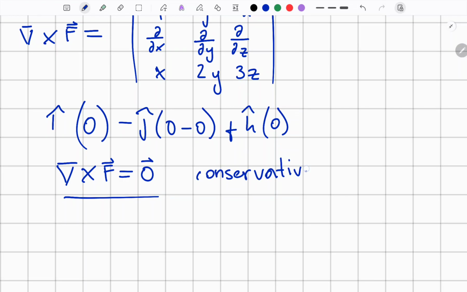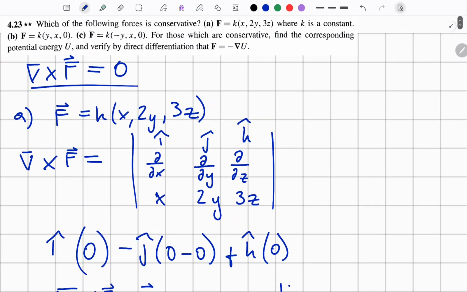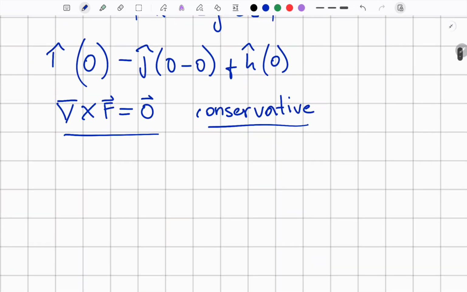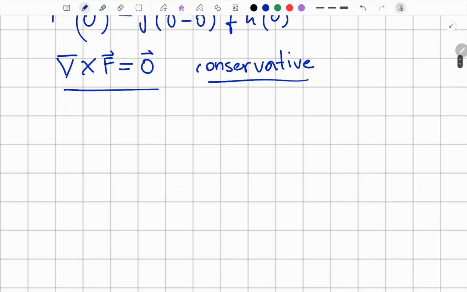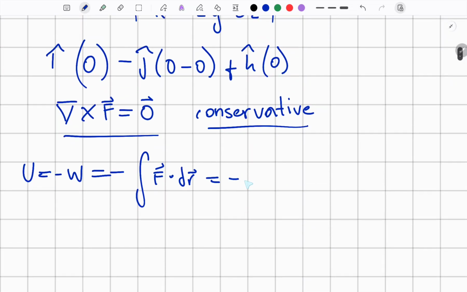Now we're going to confirm this to be true. It says here in the second part of the problem, find the corresponding potential energy and verify that the force is the negative of the gradient of potential energy. So our potential energy is going to be the negative of our work for a conservative force, which is the negative integral of F dot dr, which in this case is the negative integral of